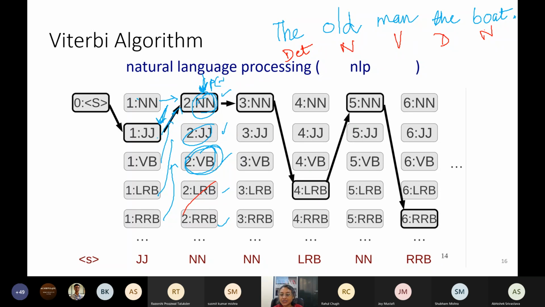But when you look at a partial sentence, there "old" is more likely to be an adjective. Right? By frequency, "old" is more likely to be an adjective, but every adjective can also be a noun. Right? "Man" is both a noun and a verb. "Man" is more frequently a noun. But in this sentence, because there is no other verb, "man" is the verb.